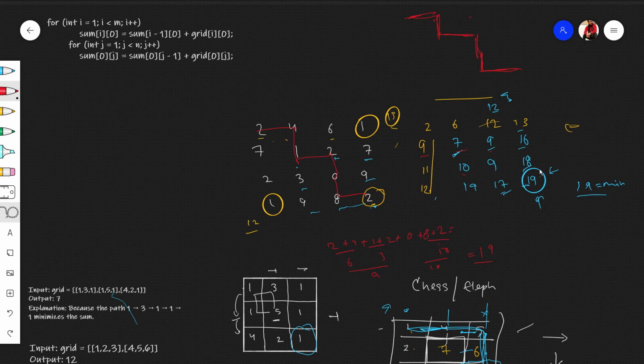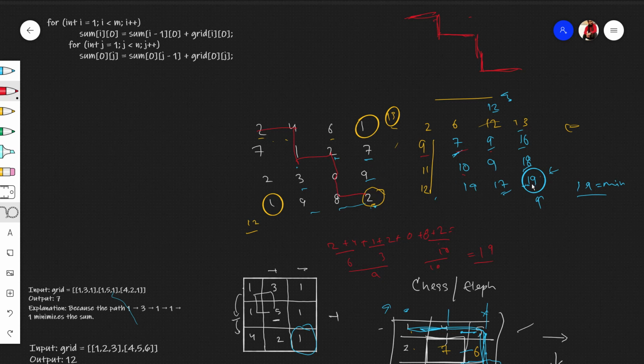When reaching here, we'll have all the matrix filled, and these two values will show us the minimum ways to reach here and here. Which way do you want to take? Of course I want to take the minimum one, so minimum is 17. Added the token value. Token value is 2. So 17 plus 2 is 19. So 19 will be our final answer, because we wanted to reach from this to this position with the minimum cost.